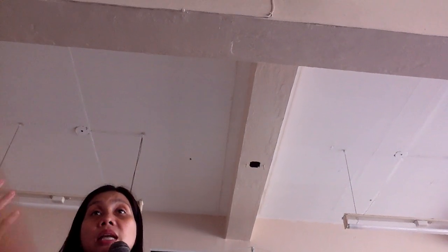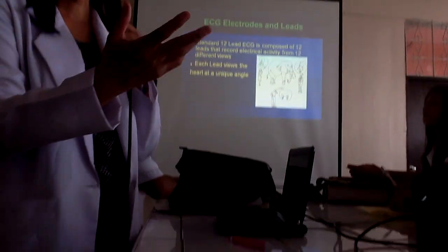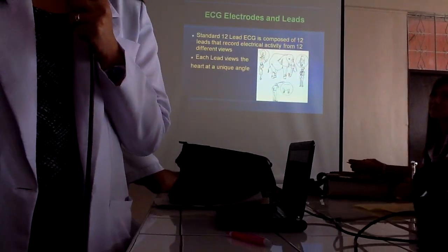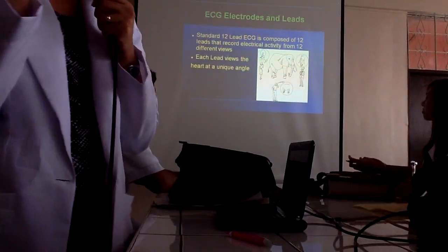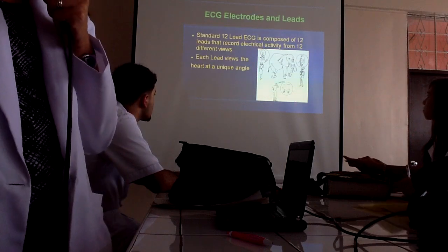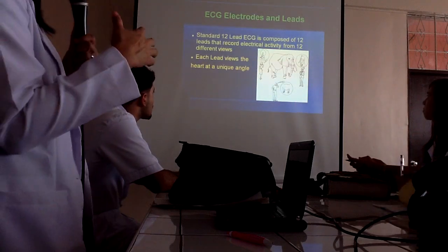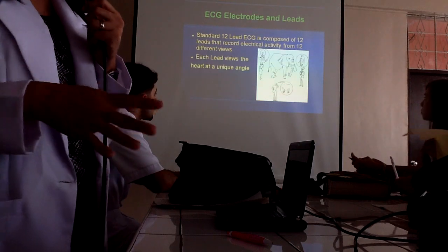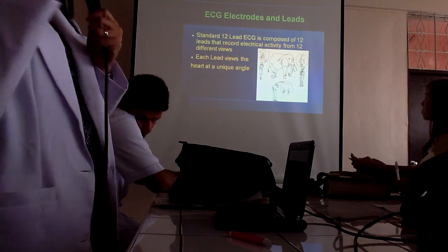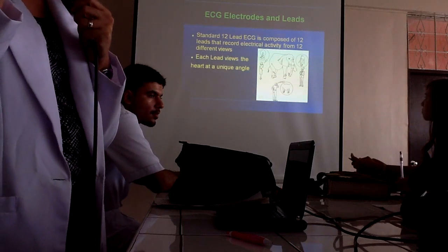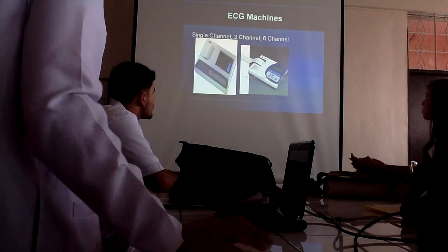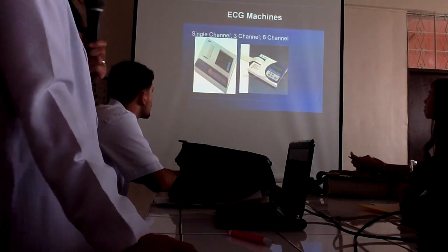Okay? So basically what you see are different angles of your heart. Okay? Or your elephant, when you're standing in front of an elephant in different ways, in different angles, you see different views of it. In the same way that your leads, your limb leads and your chest leads, when you place it on your body, it records different views of your heart. You understand?